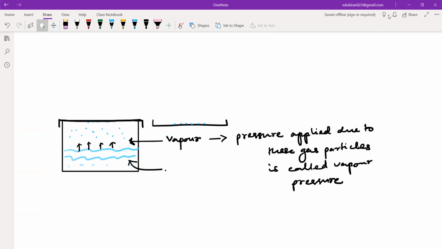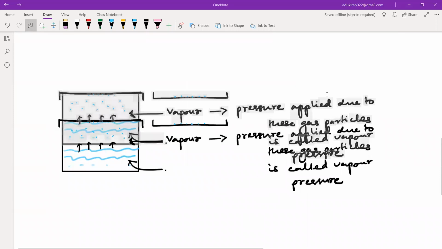Is this clear? Yes or no? Please tell me, all of you. Yes, sir. Okay, fine. Now let us move on. Because we are not going to study just one liquid, we are going to study solutions. So let us take